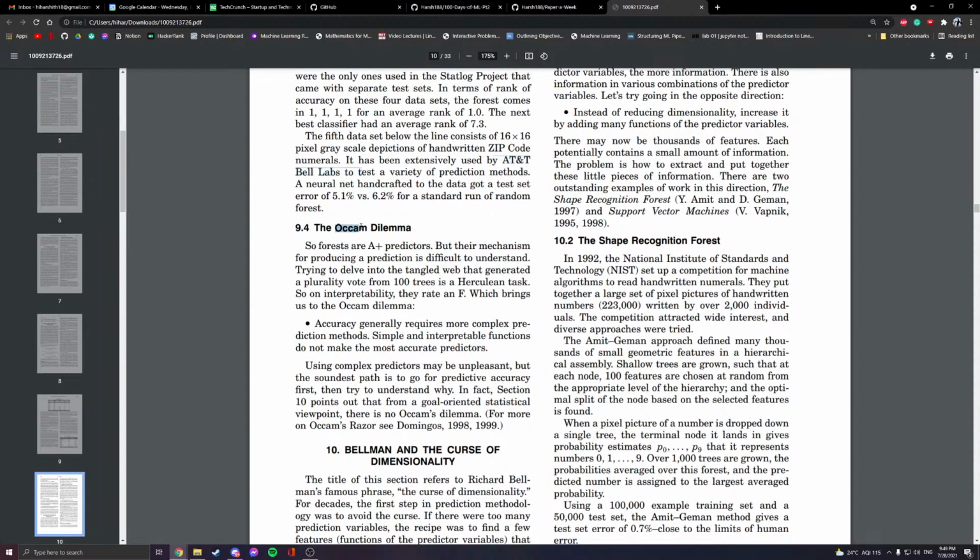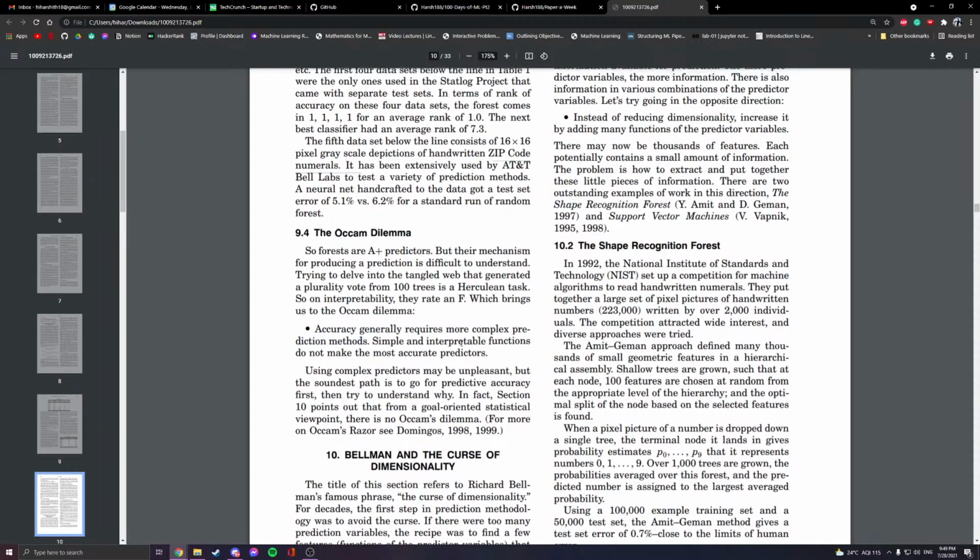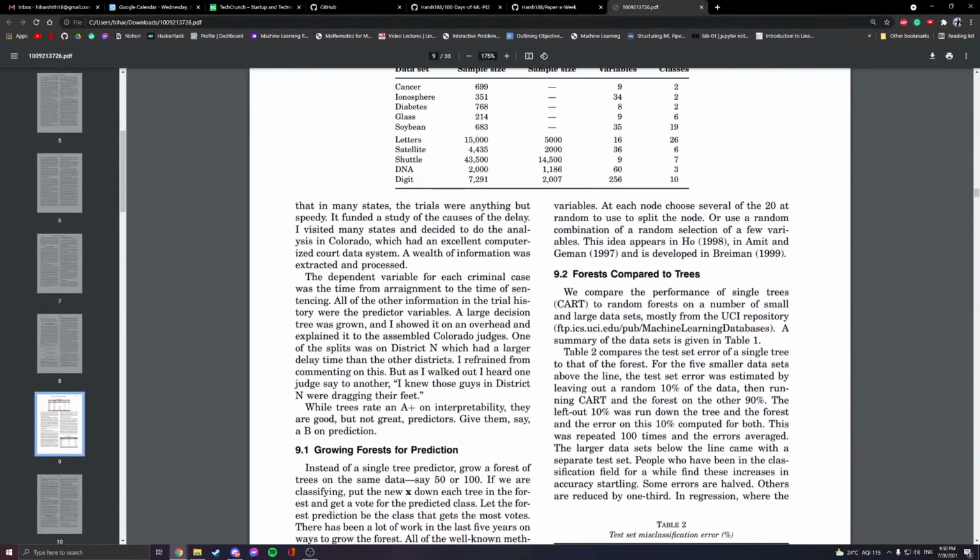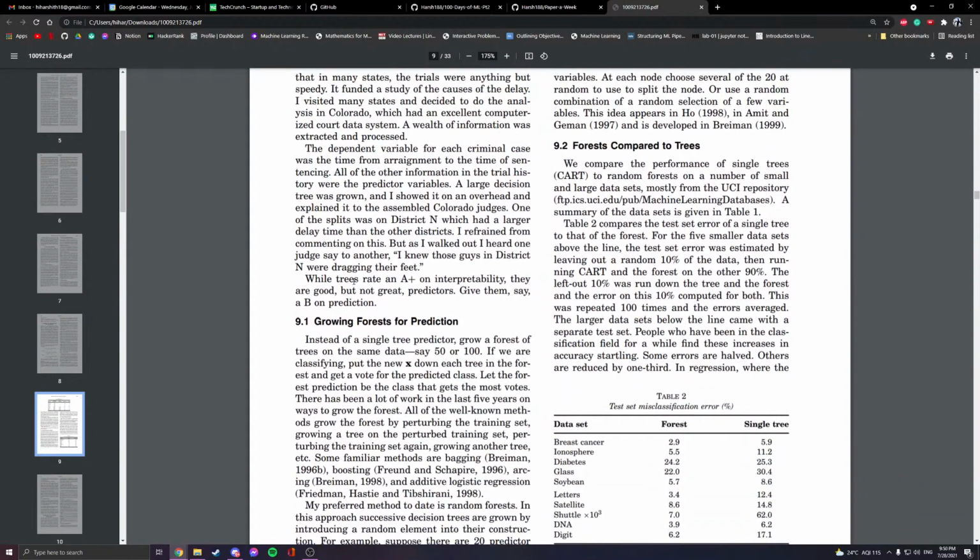Finally, he concludes with the Occam dilemma, which is the fact that accuracy generally requires more complex prediction methods. And you could see that in this example, because while a single tree is very easy to analyze and understand because it's a much simpler model, its accuracy suffers from the simplicity.